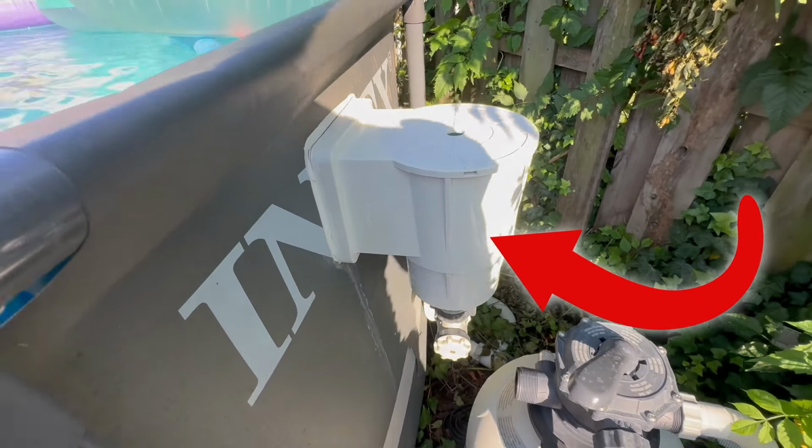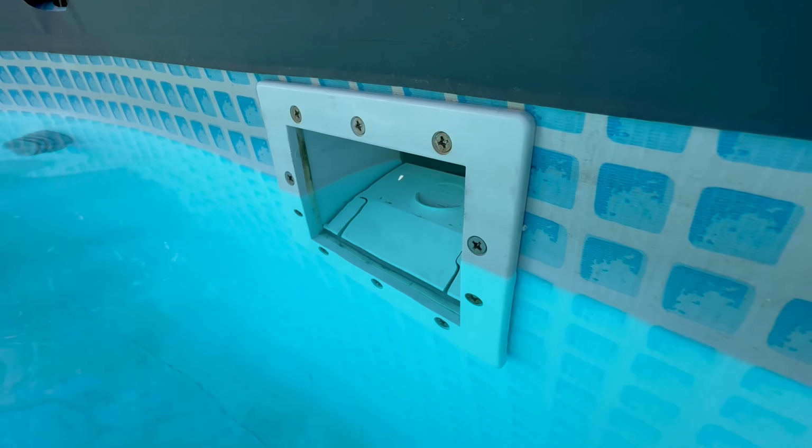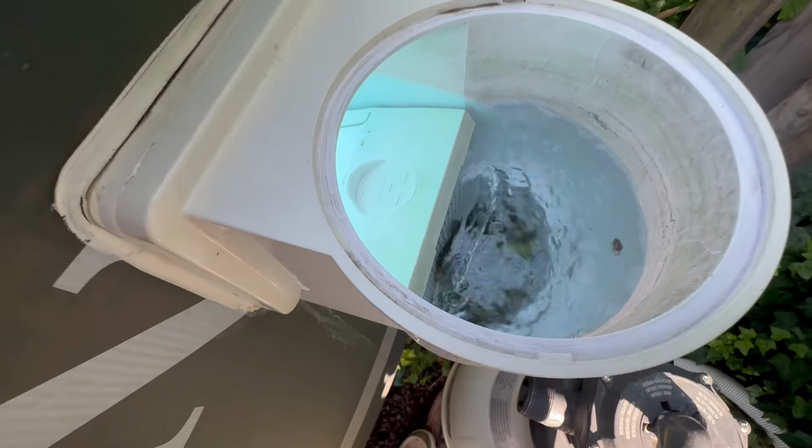So this here was the first thing I purchased to help make my pool more maintenance free. If you've ever been inside an in-ground pool, you recognize one of these. It's a skimmer. And this skimmer by Hayward is awesome. You can see it pulls in a lot of stuff. There's a lot of stuff in there. And the skimmer changed my life with the pool because there's no longer any bugs and leaves and everything else on the top of the pool, but you do need a couple other items to make the skimmer work most